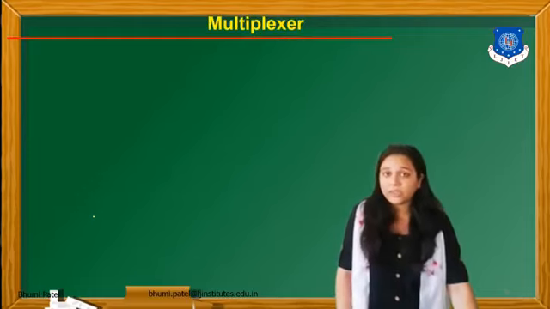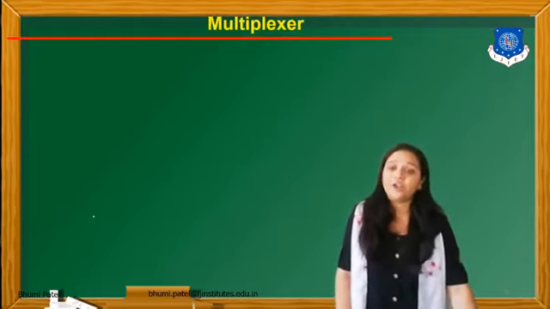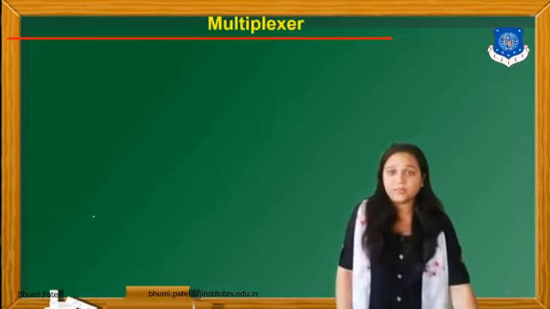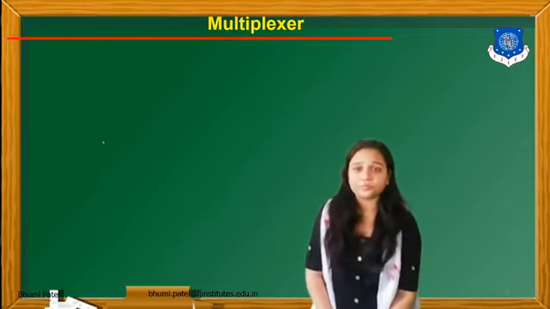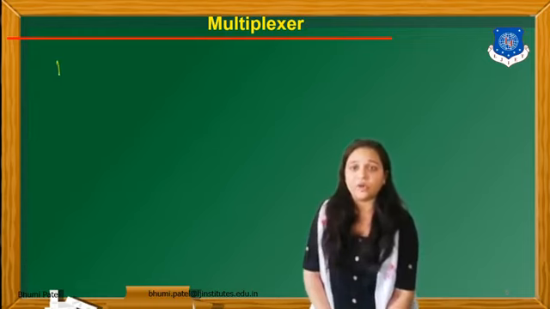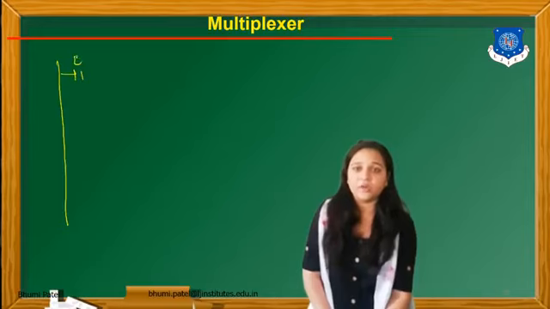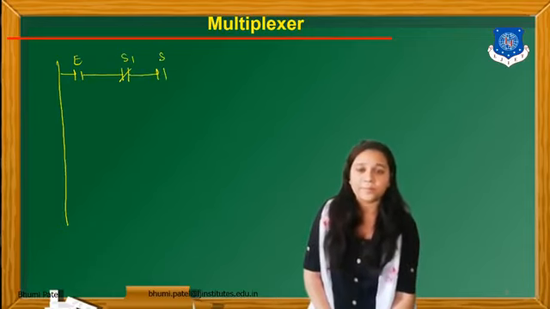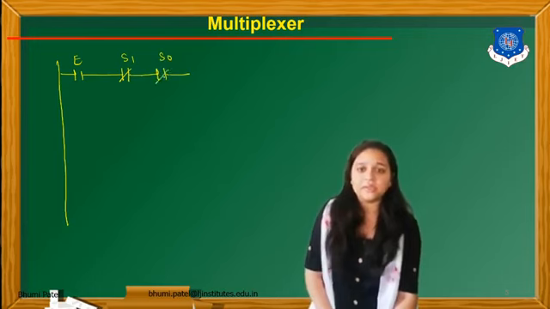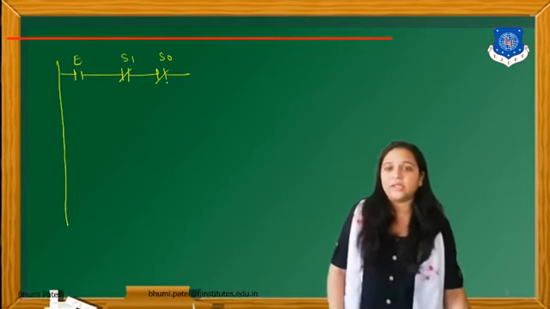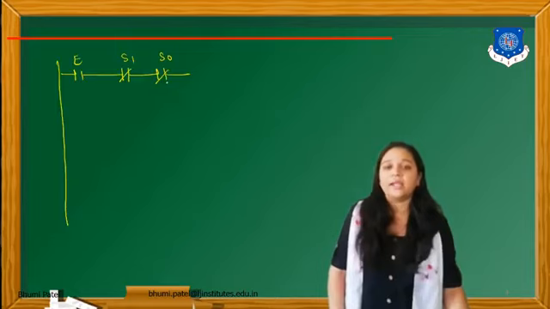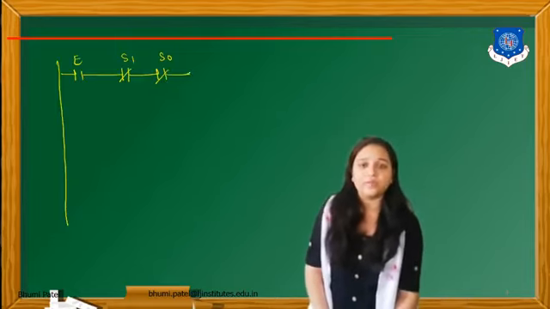Now the third step is to draw the ladder logic diagram depending upon the equation. First of all, we draw the enable pin as a normally open contact. Enable is common for all possibilities. Then the first condition is S1 complement, S0 complement, and the third one is D0. Here you can see that with D0, the Y is on, so we can put D0 here